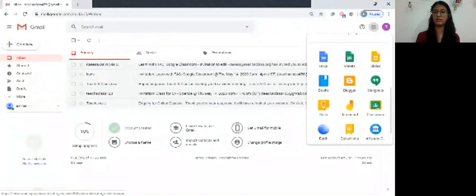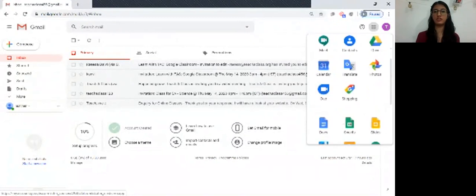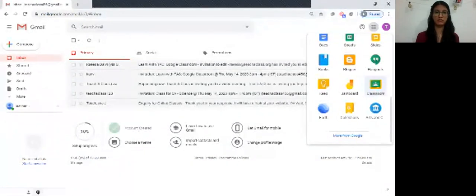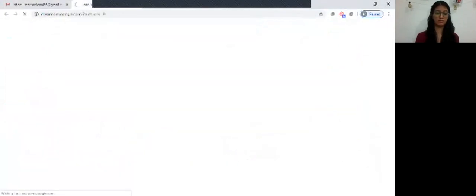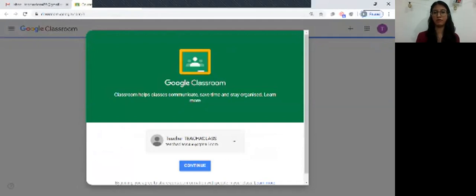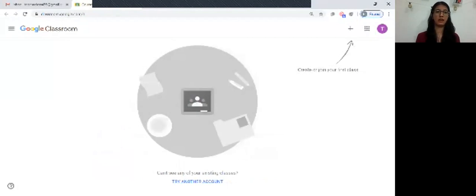Now, these are the applications that are given to you free from your gmail.com account, correct? So I'm just simply going to go over to Classroom and click it. And here it's asking me to confirm my ID, and I'm simply going to continue. That's it, I'm inside Google Classroom.